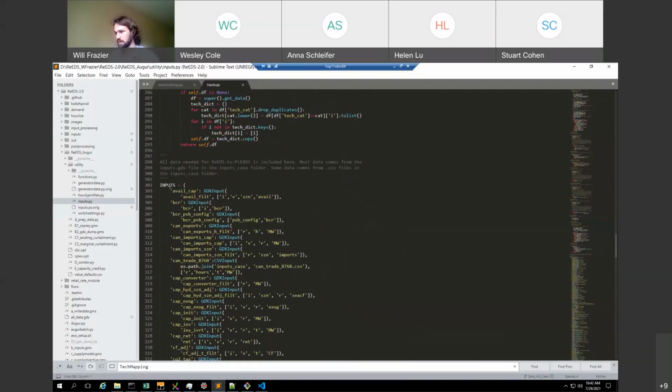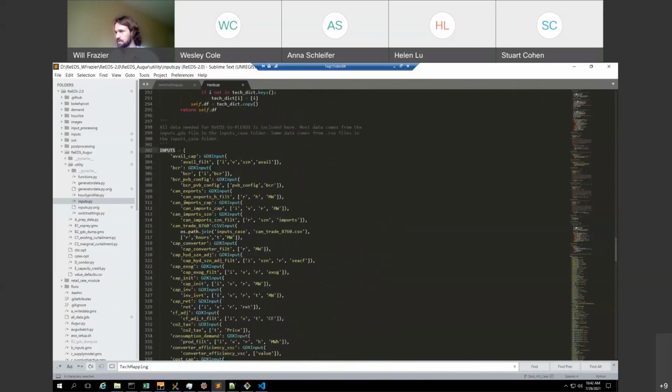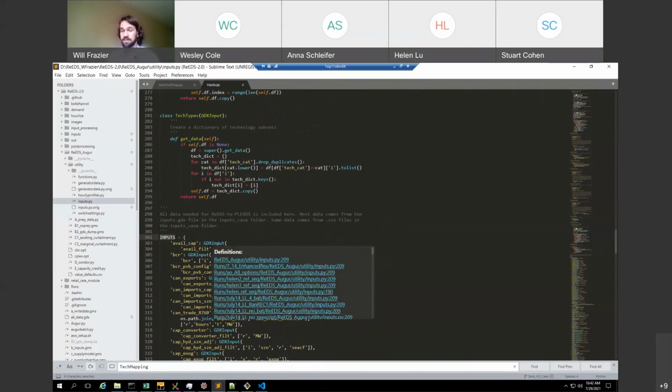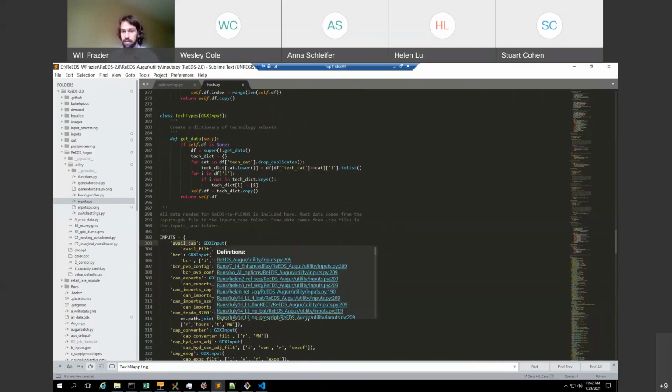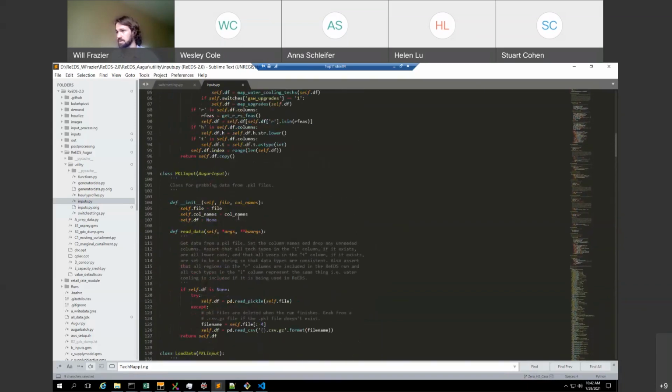All of these inputs are defined in this dictionary here at the bottom. So this dictionary, inputs, houses all of the inputs that get read into Augur and used. And each key in this dictionary points to an instance that gets created of whatever class that the certain input belongs in. So available capacity comes from ReEDS, which is in the GDX file that's spit out by the d3 Augur data dump. And a couple of these are the arguments that are needed whenever you initiate an instance of the GDX input class, which is a subclass of this